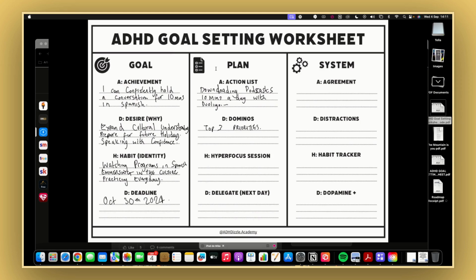I might even re-record this video when I've got a bit more information on how I can present this, because I do want to try and present this in less time. 40 minutes to present a worksheet, for me, it just seems quite a lot, right? But I imagine that for people who are watching this, if you have got this far, I just want you to know that it won't take you as long to fill out the form, but it's really important that you sit down with it. Because once it's completed, you've got very clear, measurable goals set for you, right? And it's the perfect way for you to start, right?